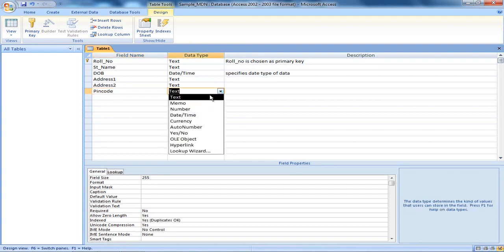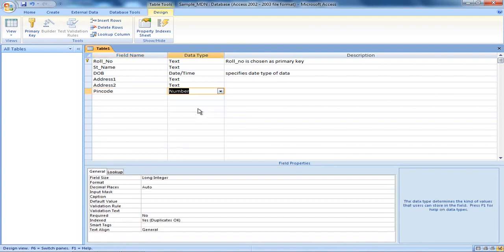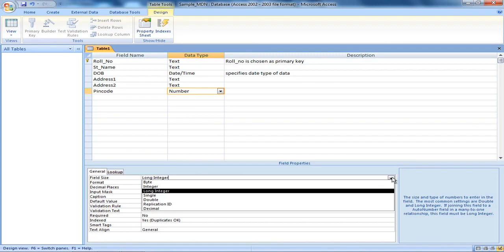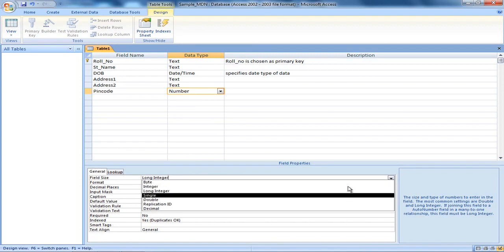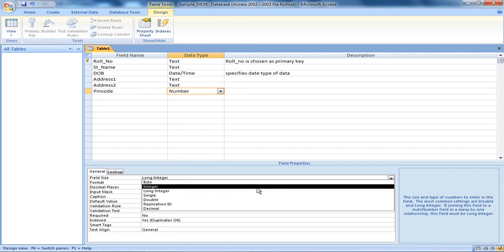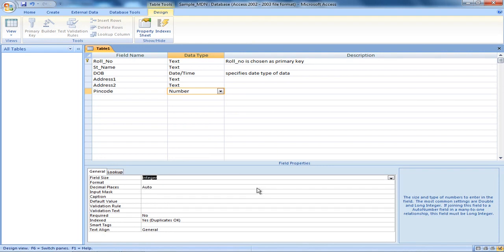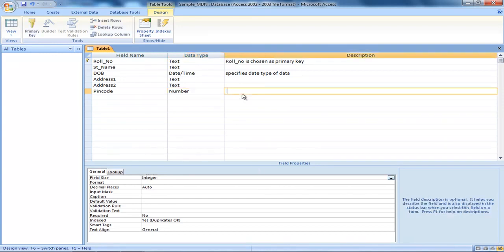Next, suppose pin code. Now let's put this to be number, because I know pin code is actually a number. How many digits? Field size, no need of putting long. Now remember one thing, whatever type we are choosing from here, the description is shown at the right hand side. So here I'll just do integer.